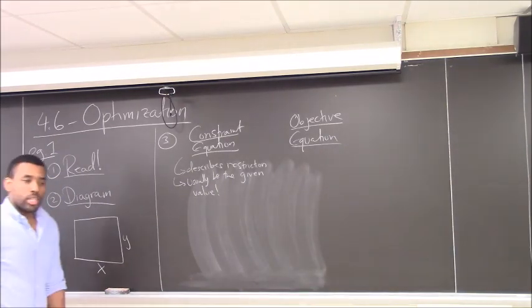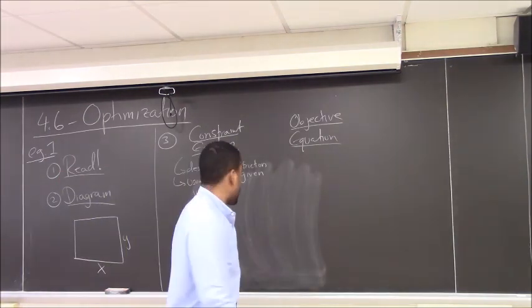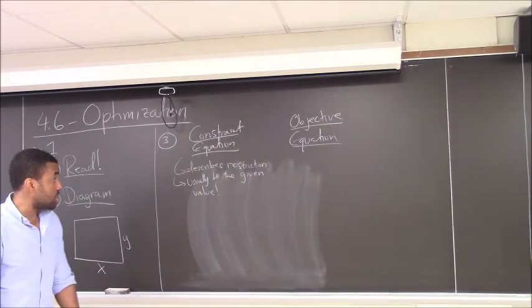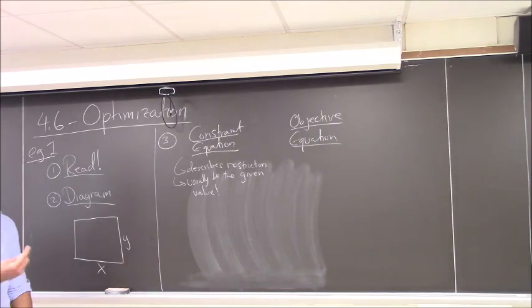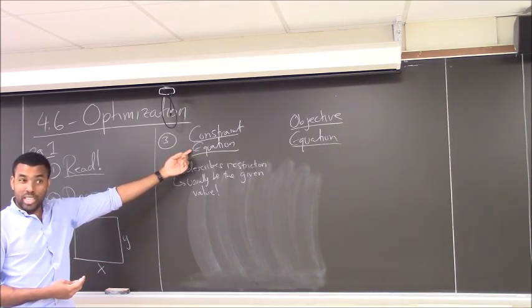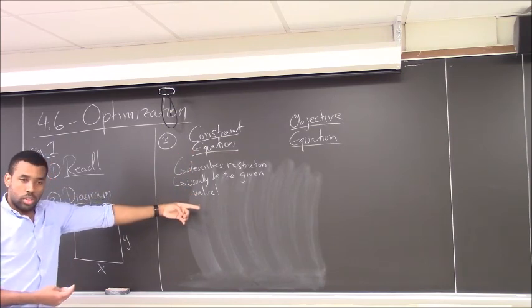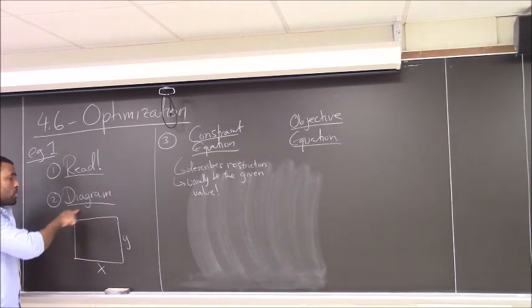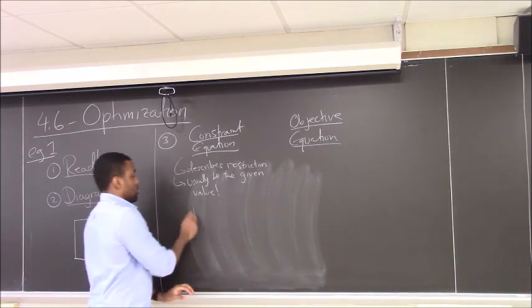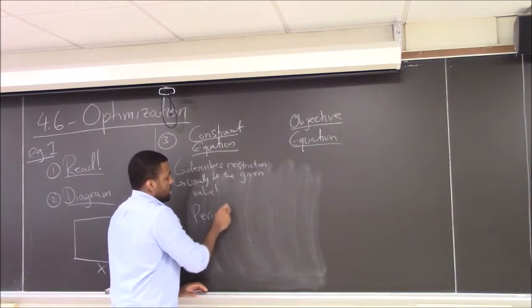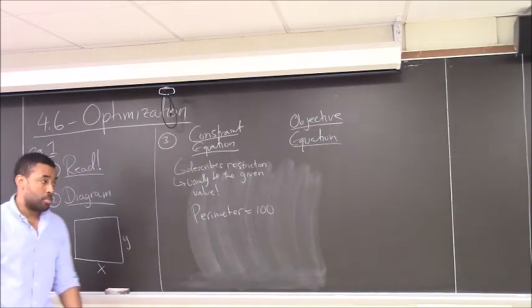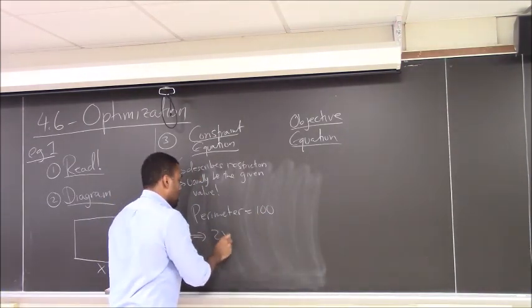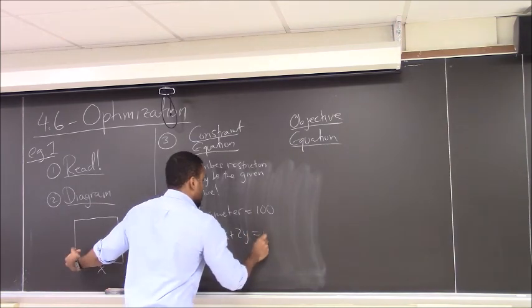So usually the guy with the given value is going to be your constraint, but it's whatever is restricting you. So in this case, what is the restriction? 100. Right, so we need to come up with an equation that describes that. The feet of fencing is really the perimeter around this rectangle. So the perimeter equation is going to be the constraint equation here. We know that the perimeter has to be 100. This allows us to come up with an equation based on this diagram